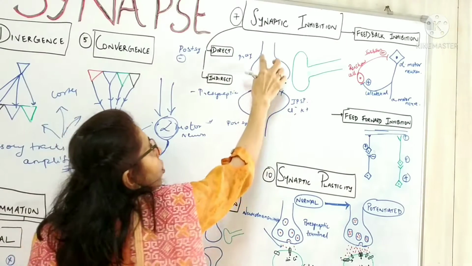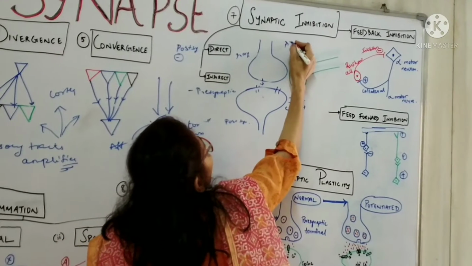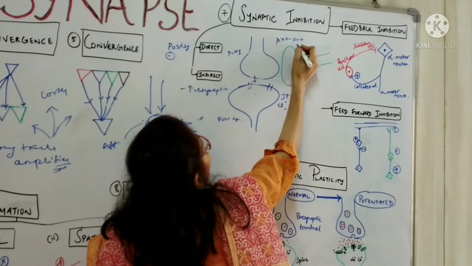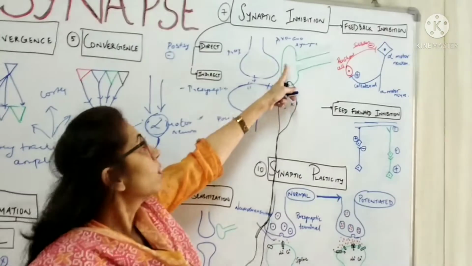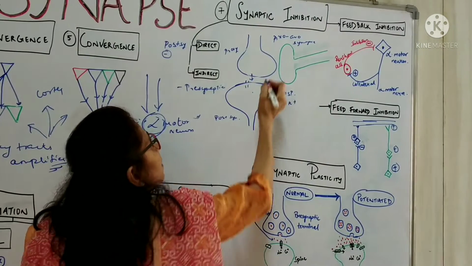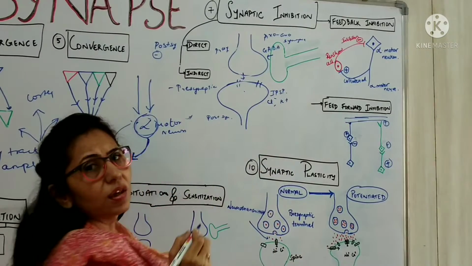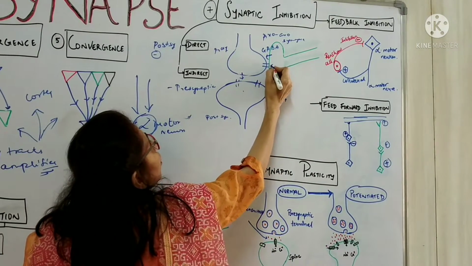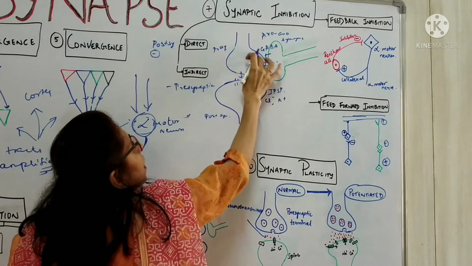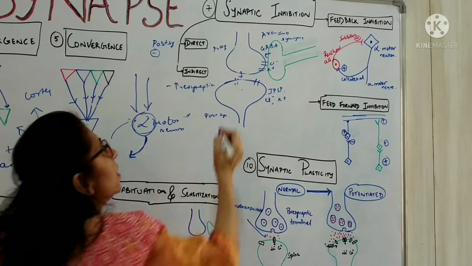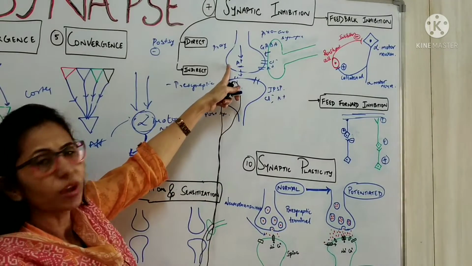Now indirect inhibition is also called presynaptic inhibition. Here the inhibition occurs on the presynaptic membrane. An example of this type of inhibition is usually seen where you have an axo-axonal type of synapse. We have a nerve ending, the axon of one neuron synapsing on your presynaptic terminal, and this axon in turn releases the inhibitory neurotransmitter GABA. GABA in turn causes opening of chloride channels or potassium channels, and this causes hyperpolarization of this membrane. So when the action potential arises here, there is a decrease in its amplitude because of